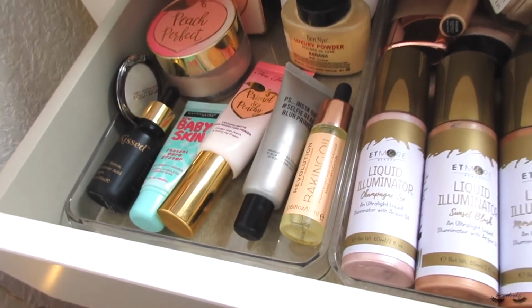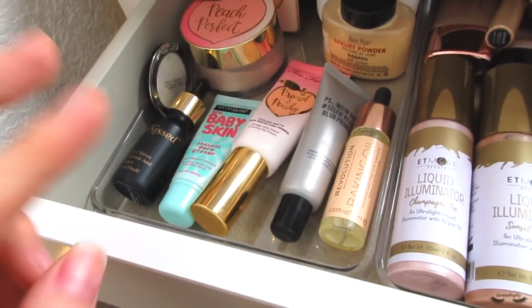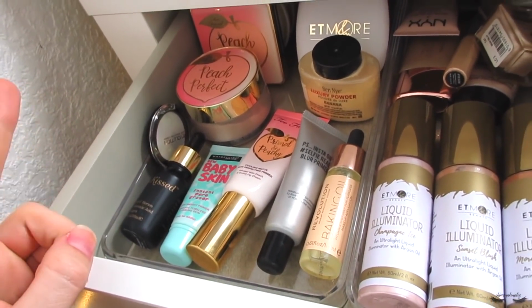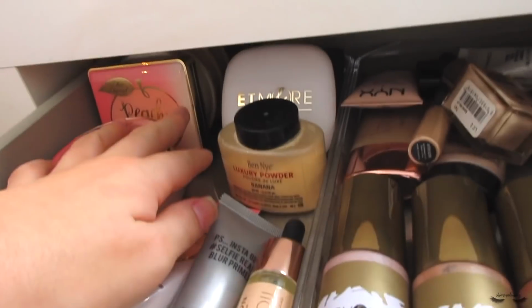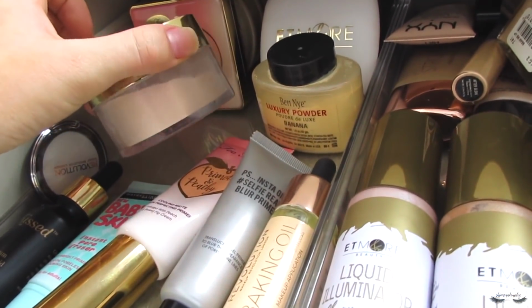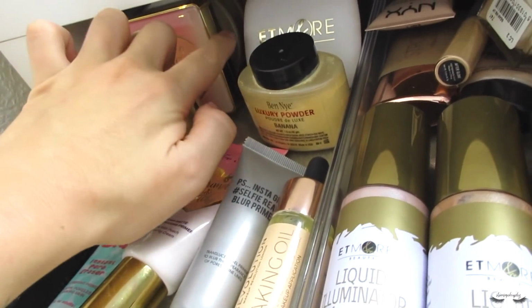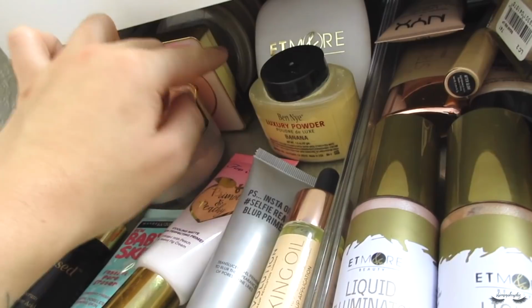The last section, or technically the first, because that's kind of how I like organised it, is the primers slash kind of serum powder section. So at the back here I have all of my powders. I've got a Too Faced Peach Perfect Loose Powder, which is really nice for baking. It smells unreal. Then I have the Peach Perfect like finishing powder, which is a little bit of shimmer in it,